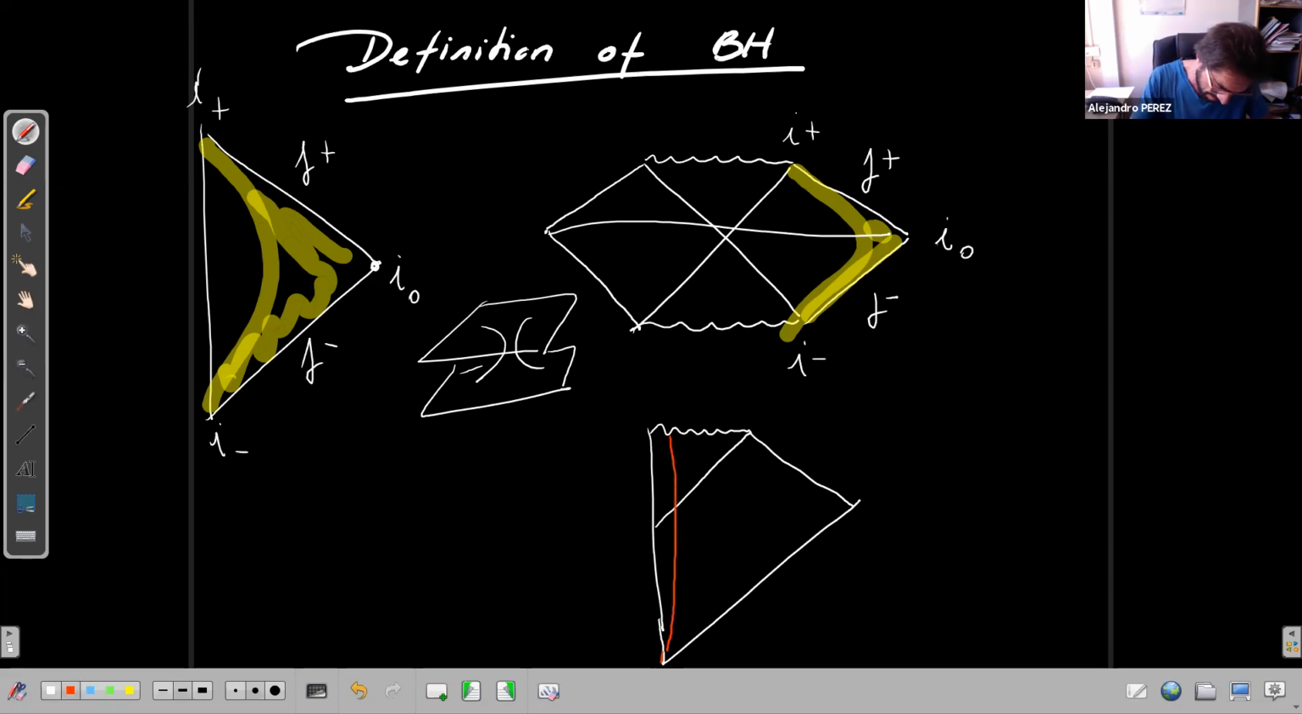So we have some matter that formed a star that ended up collapsing. And again, there is only one asymptotically flat region and the same structure, I naught, I minus, I plus, scri minus. And now we're ready to give the definition of black hole. So we define black hole